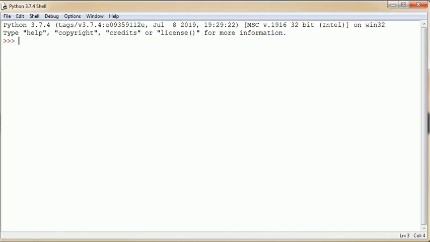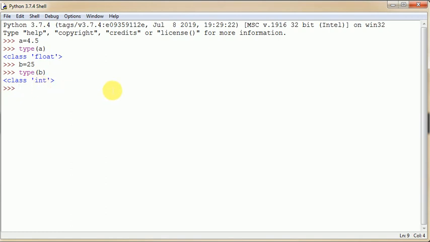As an example, we can take here a is equal to 4.5. Now type a, see here, that's a float type. I am taking another variable b is equal to 25, then type b, that's int, integer.